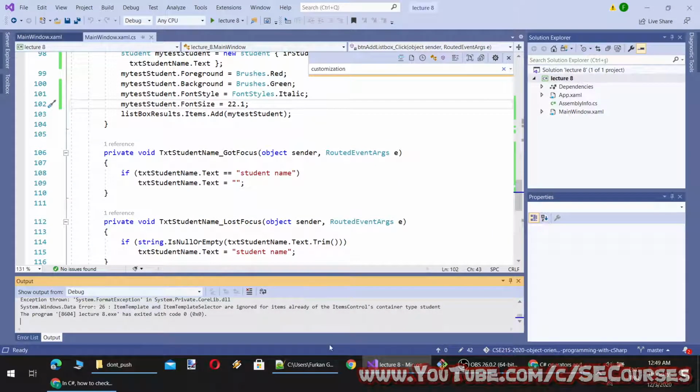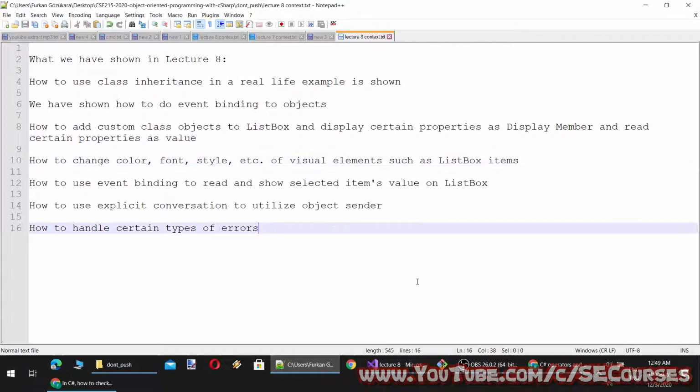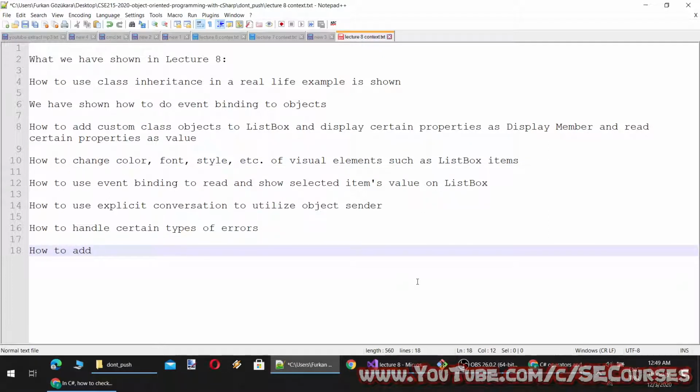Okay, so how to add placeholder feature to text box with got focus and lost focus events. I think this is called like this. Let's check it out.